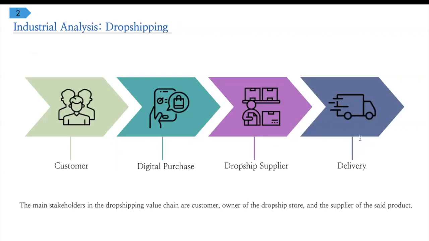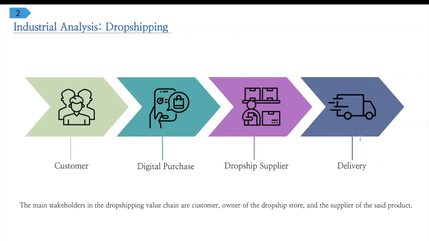Understanding the supply chain is essential in explaining how dropshipping works. To put things simply, there are 3 main aspects in dropshipping: the customer, who buys products of the retailer or the person who owns the dropship store, and the supplier, who are usually the producers of said product who have inventories and transportation economies that allows delivery to the customers.